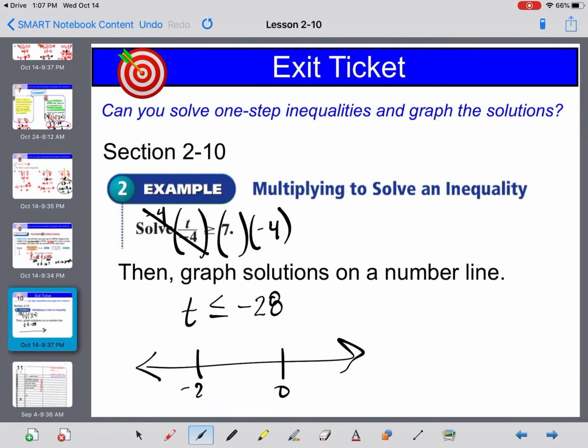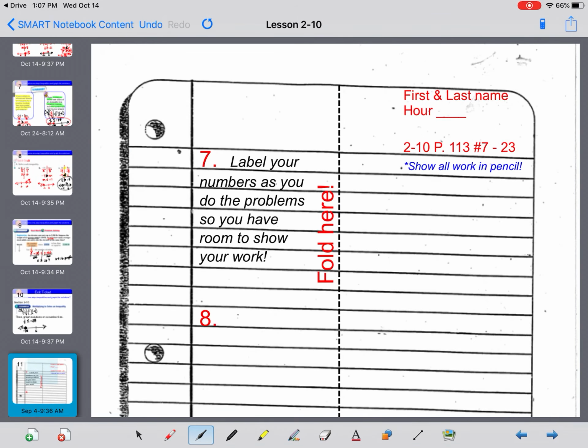Then on a number line, here's 0, here's -28. Less than or equal to, let's fill that in. And there you go. All right, give your homework a try. Here it is. And if you have some questions, make